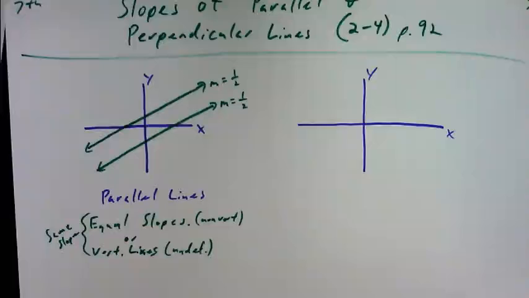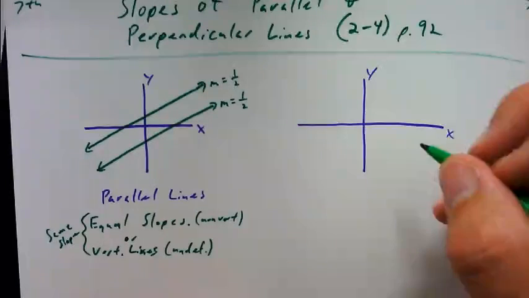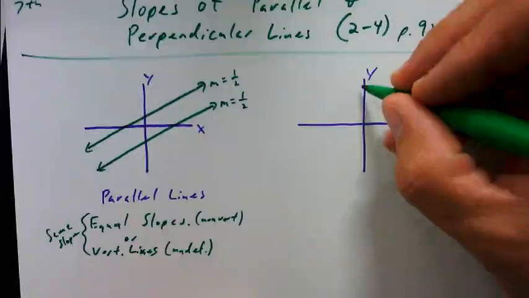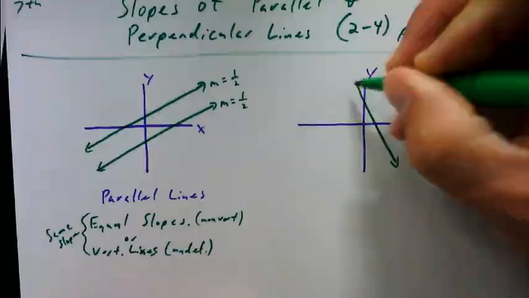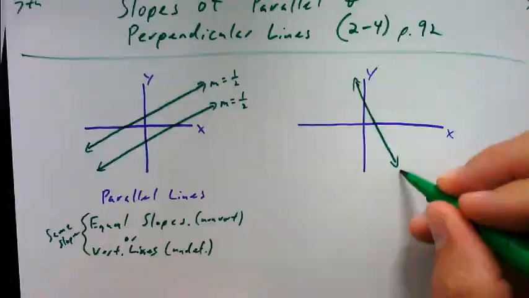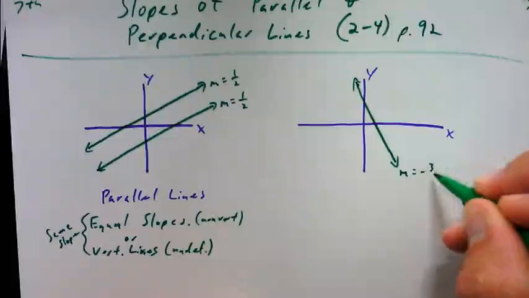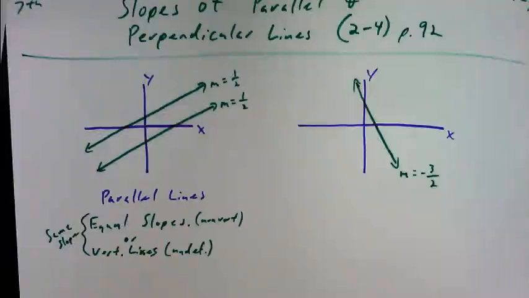All right. Now, when we talk about perpendicular lines, let's draw a slope here of what looks like negative maybe 3/2, roughly. So now, if I was to draw a line perpendicular to this,